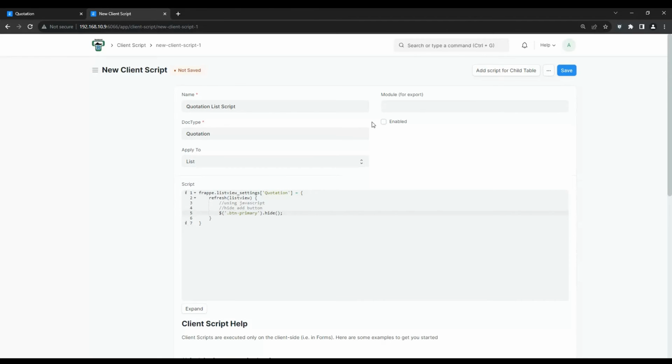Now, don't forget to tick mark the Enabled button, otherwise you will wonder why your script is not working. Click the Save button.